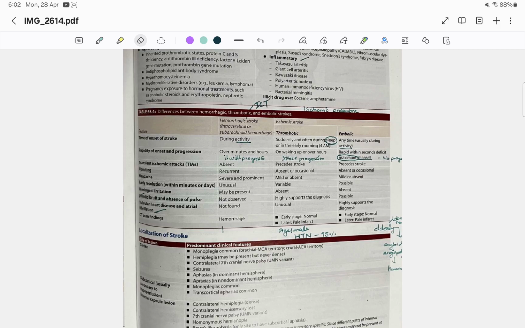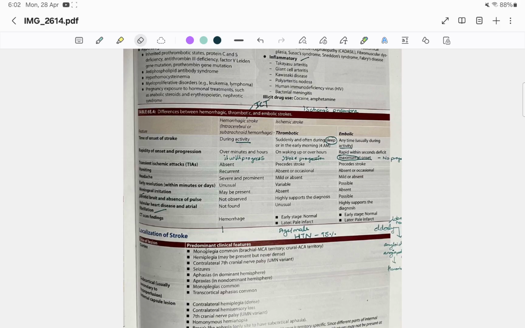For a thrombotic stroke or an ischemic embolic stroke, you will have carotid bruit. For example, if carotid bruit and absence of pulse are there, that is highly diagnostic of thrombotic, because the main thing is your carotid artery can cause a thrombus and block the entire circulation of your brain. But for embolic, it can be possible, because embolic stroke most commonly has a source from the heart. If you're saying a patient has an embolic stroke, you have to say in the history the patient is a known case of